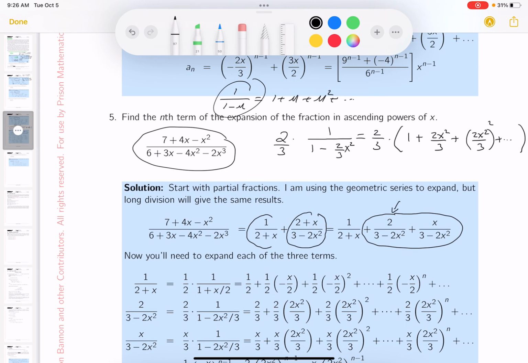What's going to be? Well, I'm seeing it. I'll pull the x out. And what do I see? I see 1. I see the 3. I don't want that. I want it to be a 1 in the bottom. I pull the 3 out. And what do you get over there? 1 minus, you get this? 2/3 x squared. We're always aiming for that, by the way. What do you get over here? X over 3. 1 plus 2x squared over 3 plus 2x squared over 3 quantity squared plus it goes on